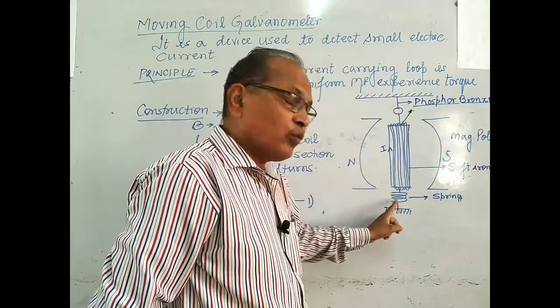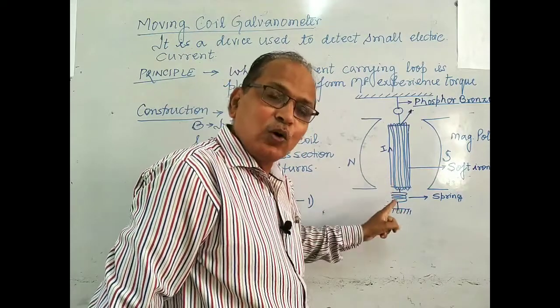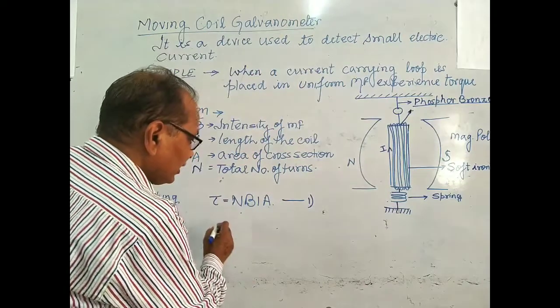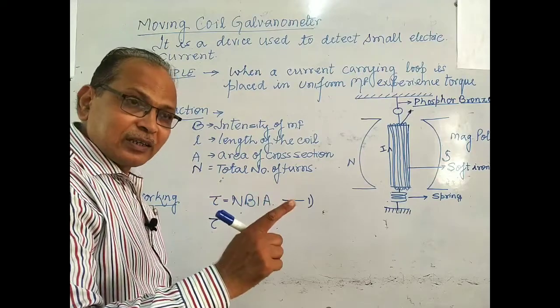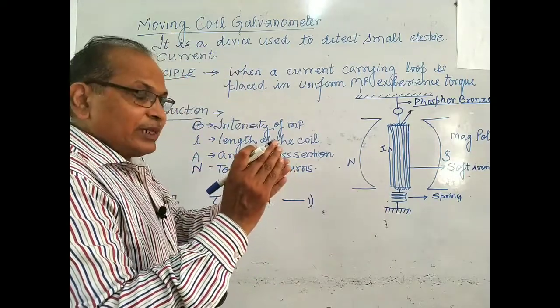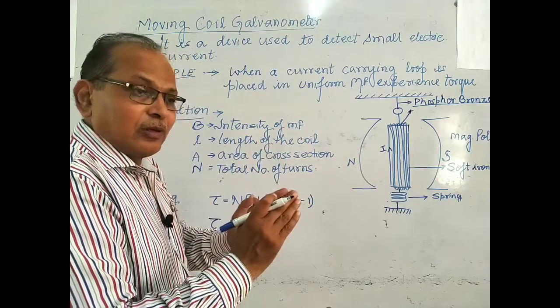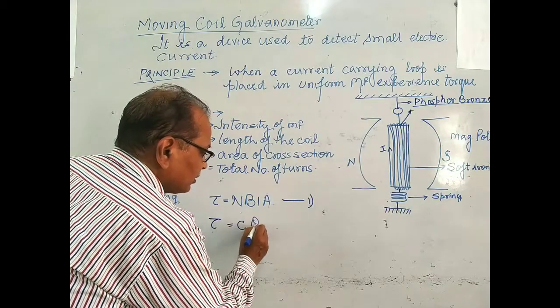Due to which part? Due to the spring which is located just below the rectangular loop. So the restoring torque by the spring brings the rectangular loop into its original position. Therefore, it will be C theta,